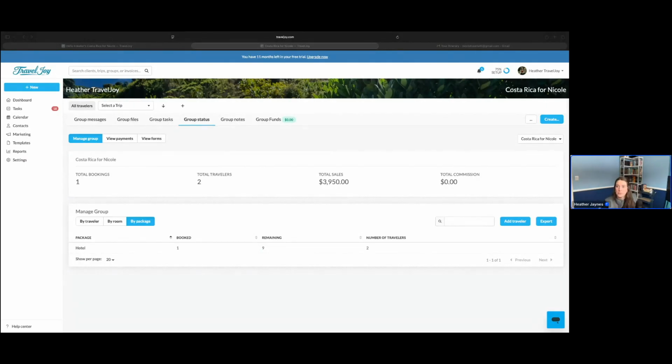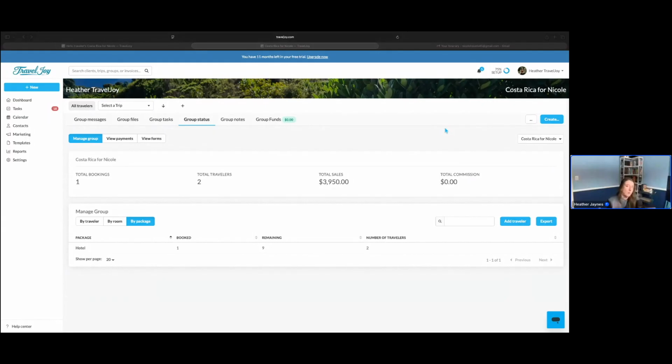Okay, I'm going to, let's see. Oh, this is a great question to start. Molly asked, how do I set up a group where there is $0 deposit? So this is actually a pretty common request. And right now, group booking pages does require a deposit to collect registration through it.